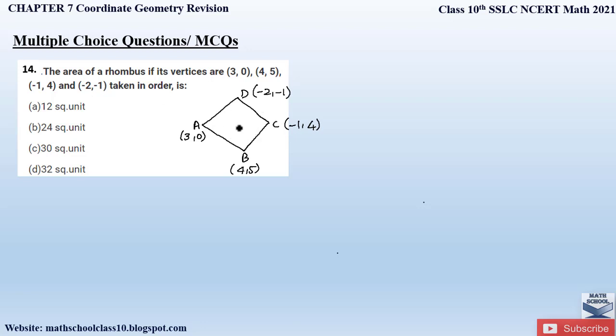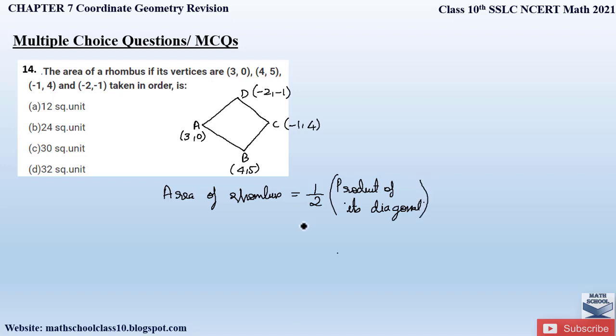So how do we do that? Area of a rhombus, write down, this is very much important. Area of a rhombus whenever the coordinates are given is equal to half into the product of its diagonals. Okay, so here which are the diagonals? Here the diagonals are AC and BD. So half into AC into BD will give you the area of this rhombus. So we can find out the lengths of AC and BD by applying the distance formula,